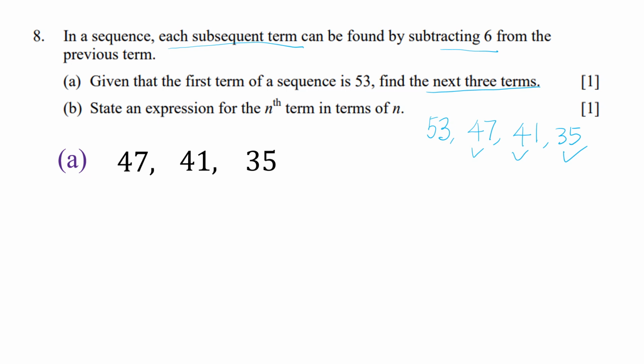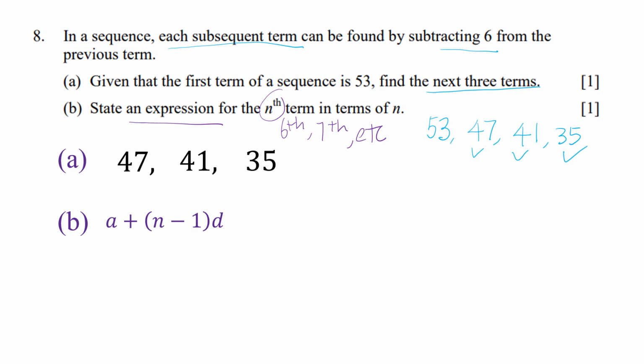Let's look at part B. So for part B, we're asked to find an expression, like a formula, to find the nth term. So the nth term could be the 6th term, could be the 7th term, etc. So we need to come up with a formula. If you recall what we have learned in the earlier slide, the formula would be A plus bracket n minus 1 times d. Now this formula, you can only use it when you are doing a linear kind of